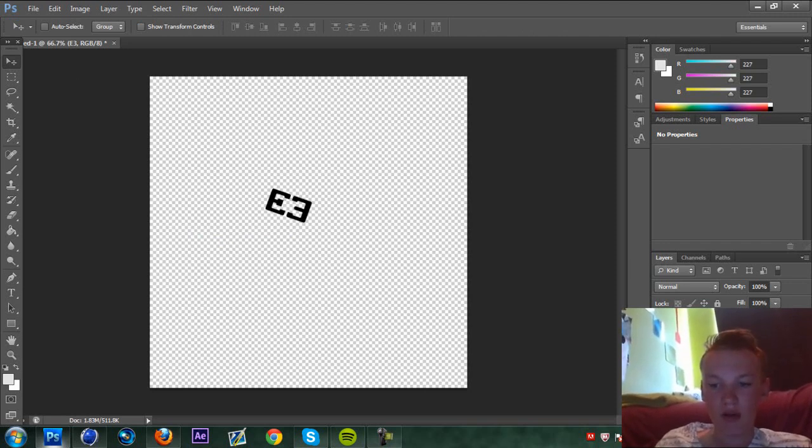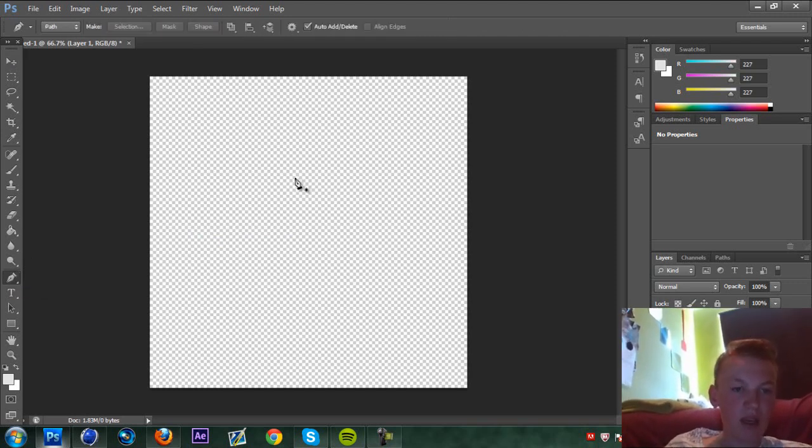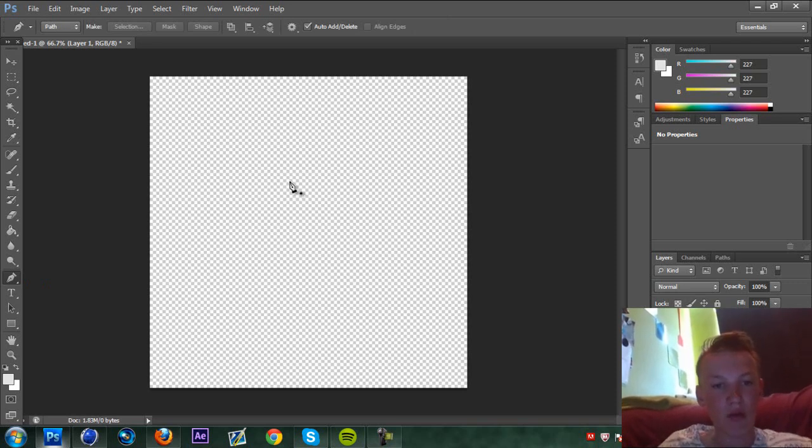The way I'm going to be doing it, if I can delete this layer, it's not going to let me because I need a layer, is I'm going to use the pen tool. So let's just stick with the E3 idea. You click on the pen tool, and then just map out what you want your logo to look like. So if I'm going to do E3, right,